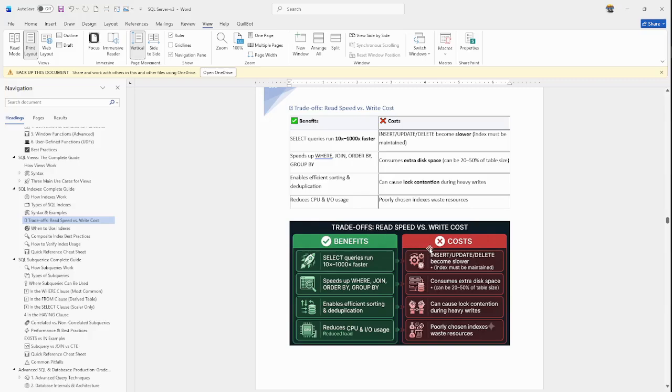Now if you are doing indexing here, your insert, update, delete will become slower, because it needs to keep on updating, inserting or deleting. That is what your indexing will be doing. It will consume extra disk space, 20 to 50%. Always it will be running, the indexing service